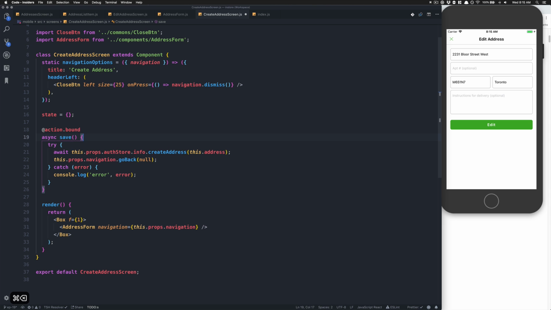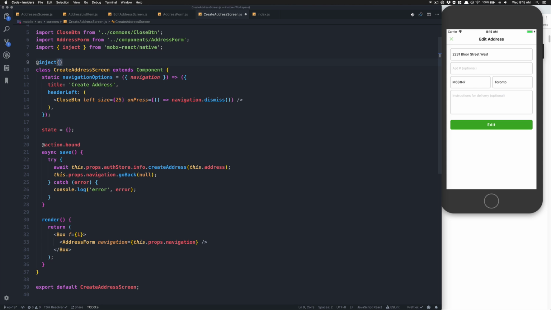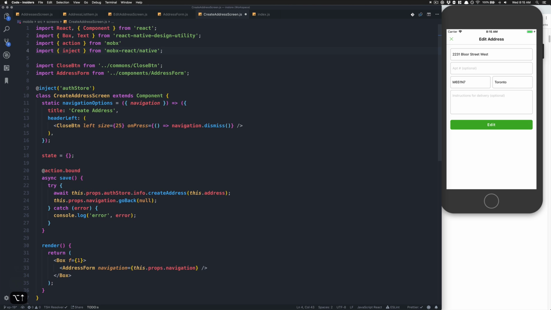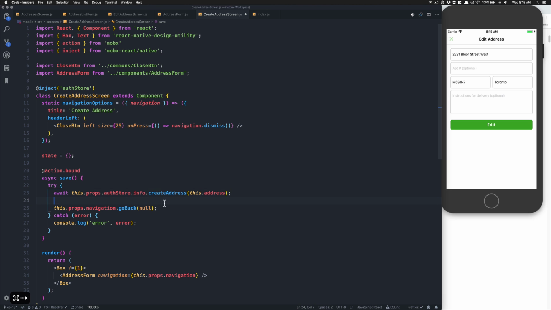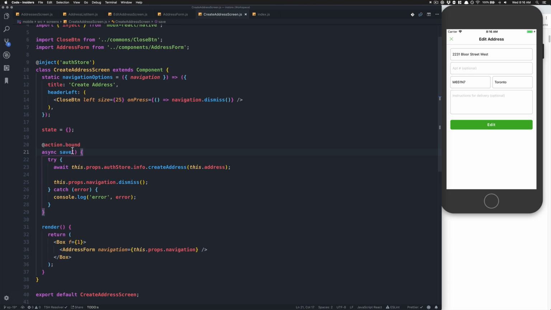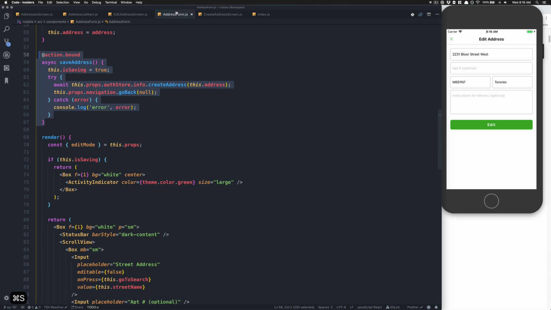So I don't need the saving through here, because that's going to be managed from the screen. After that, I still want to have the auth store, so I need to inject it from native, so I need the auth store like that. So now I can use it, and now I'm going to change this, go back to be the dismiss. By doing this, now I can put this inside my address form and say save equals this.save. Okay, so now I can go to my address form,